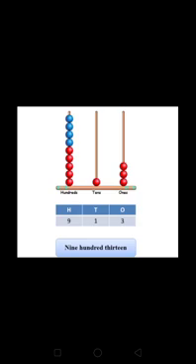Now count the number from the abacus. How many beads are there on ones place? There are 3 beads on ones place. So 3 ones means what? 3. So write 3 on ones place. How many beads are there on tens place? There is only 1 bead on tens place. It means 1 ten. 1 ten means what? 10 only. So write 1 on tens place.